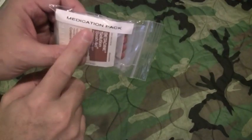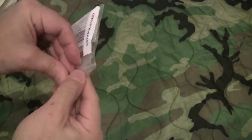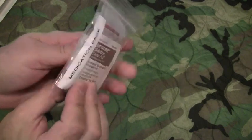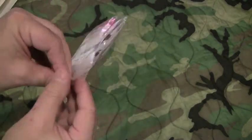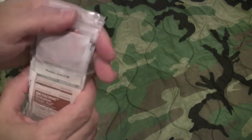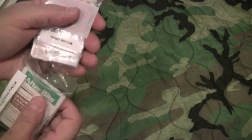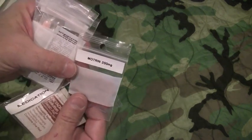Okay, that leaves us with the medication pack. Let's go through the contents of that. I like to keep this all in one little Ziploc bag. That makes it easy to pull out if I need it. This might be the thing you go to the second most after your Band-Aids. So in here are 200 milligram Motrin tablets,